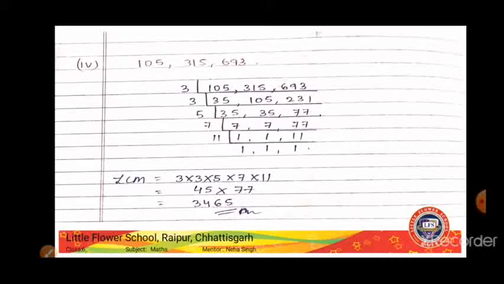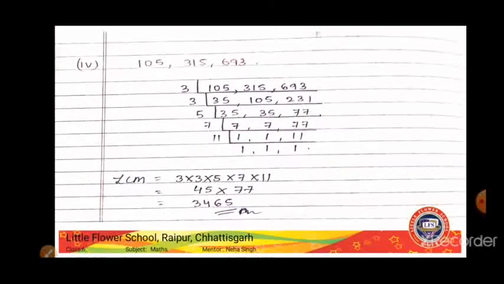So what are we going to do? 3... 35, 3 3s are 9. 35 we'll copy as it is because 35 is not divisible by 3. Now 3 3s are 9, 1 carried, 3 5s are 15, and here 3 7s are 21, 3 7s are 21, right? Now again the numbers are not further divisible by 3, so we'll check for 5.